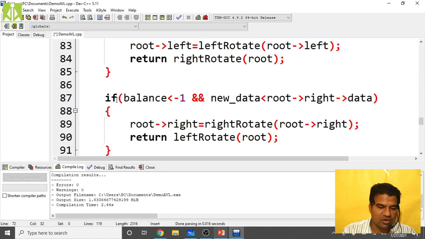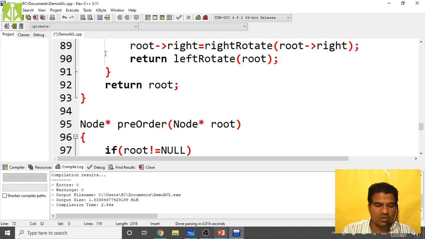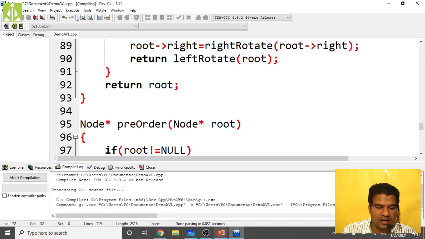If your balance is less than -1 and new data is less than root right of data, then root of right equals right rotate of root of right, return left rotate of root, and finally return root. Quickly save this and compile.